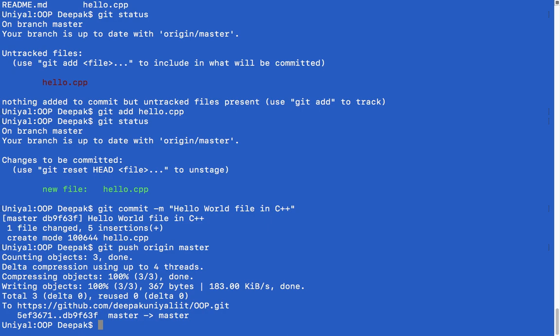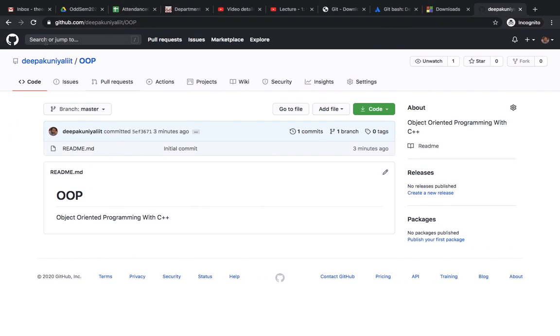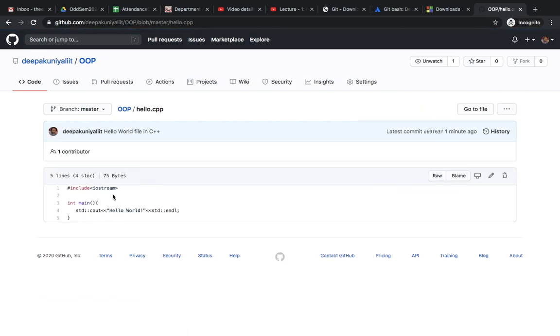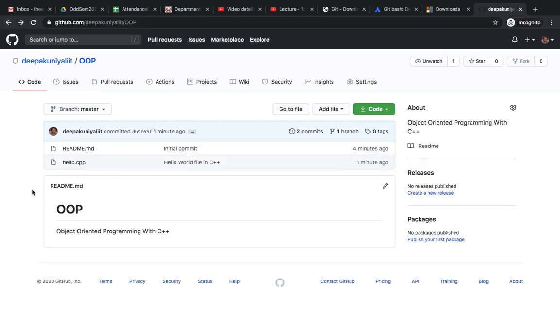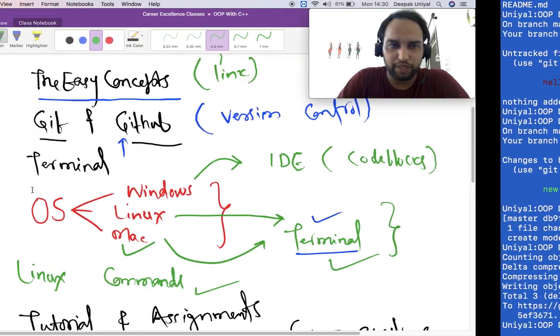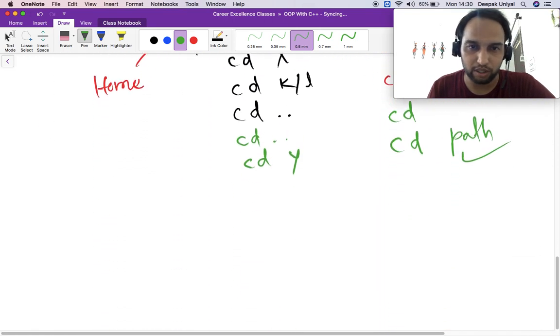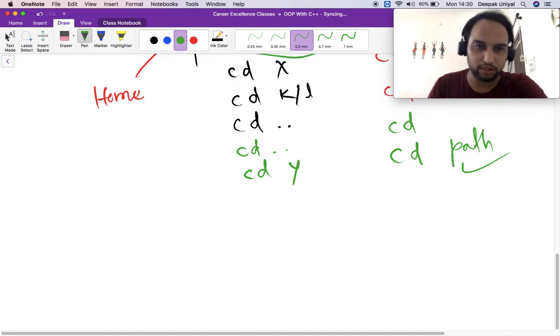There will be a few things that you will find difficult in setting this system up, but don't worry, you will learn slowly. Now just go to this place and you can see my file is here, right? So all your code will be uploaded to the server whenever you try to do so. So your question might be, why am I doing this? If I have code on my local system, why am I uploading this to the server? So let's discuss this a little bit.